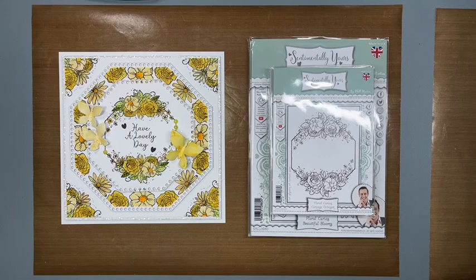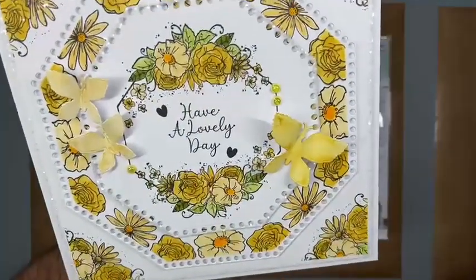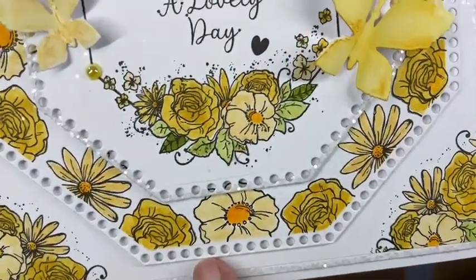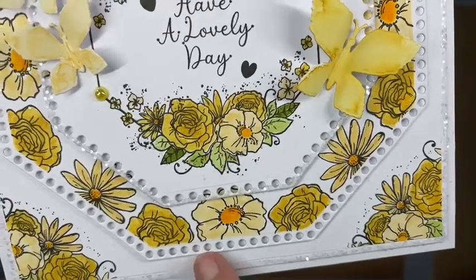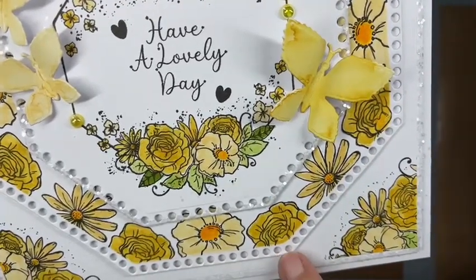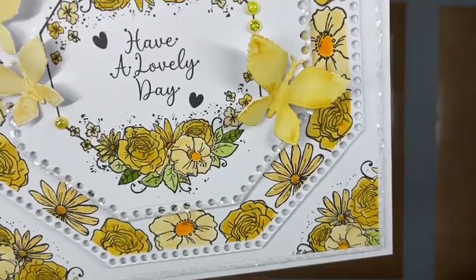So I wanted to show you how to do edge stamping with your dies that have a fancy edge like this one. Here you can see I've used my Elegant Eyelets octagons. These obviously give you that fancy edge, but how do you stamp on that without going over the edge and A, ruining the detail, and B, making your stamps look a little bit dodgy? Because obviously if you stamp over the edge where the detailing is, you're going to lose some of the definition